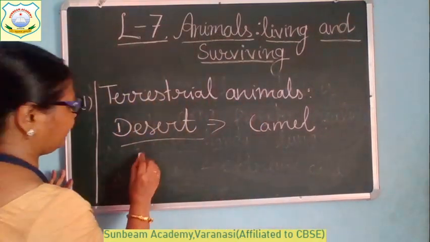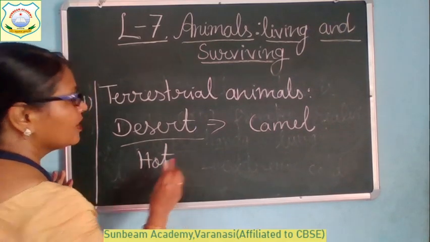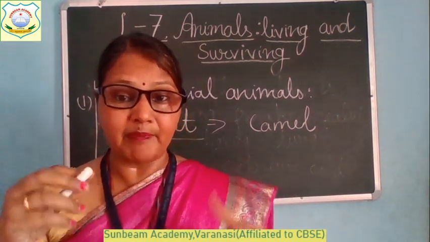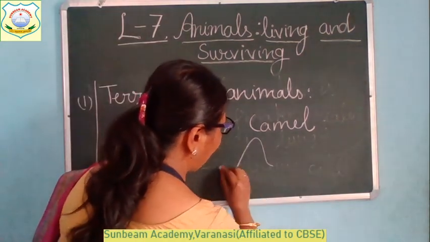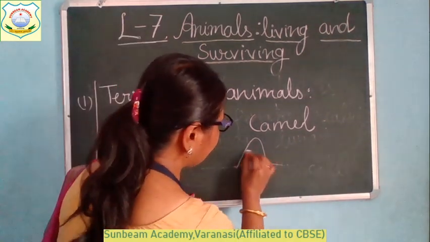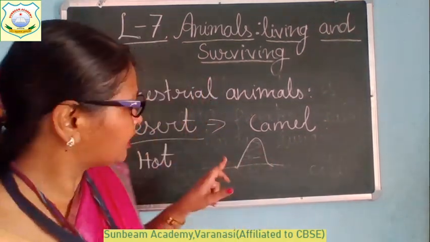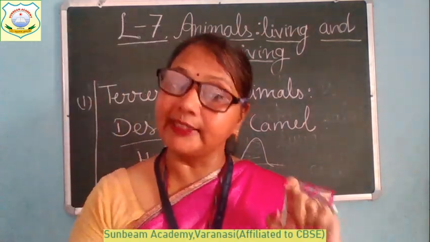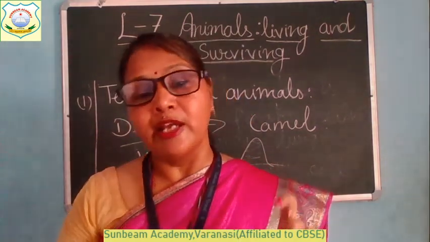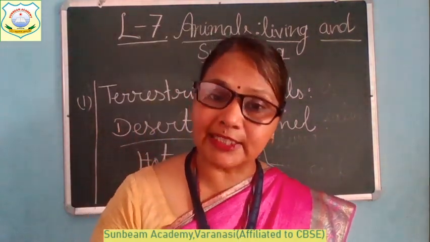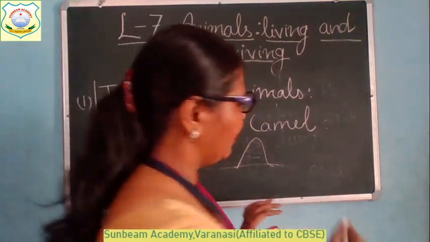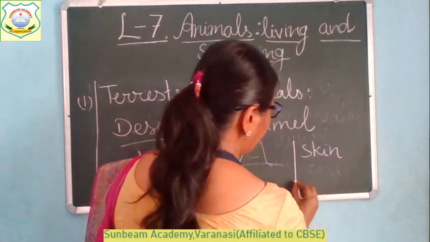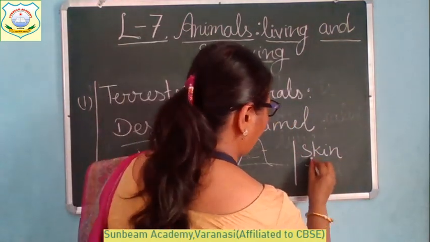डेजर्ट में क्या होता है बेटा? टेम्परेचर कैसा होता है? बहुत हॉट होता है. और इस एक्सट्रीम हॉट सीजन में कैमल सर्वाइव कर लेता है बिकॉज आपने कैमल के बैक पे देखा है, उसके बैक पे ऐसे एक ऊंचा सा हम्प जैसा स्ट्रक्चर होता है ना, इसको हम क्या कहते हैं? हम्प कहते हैं. इसमें ये क्या स्टोर करके रखता है? एक्स्ट्रा फैट स्टोर करके रहता है. और उसकी स्किन क्या होती है? थिक होती है. कैमल की स्किन कैसी होती है? बिल्कुल थिक होती है. Its skin helps it to survive. How can it adapt, how can it survive? By its skin and the special feature which is called hump,